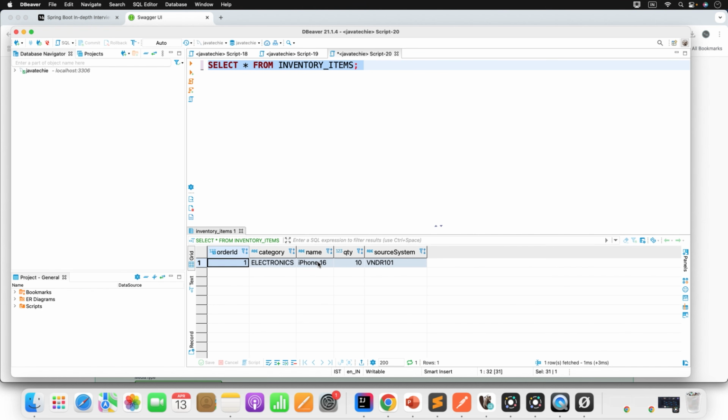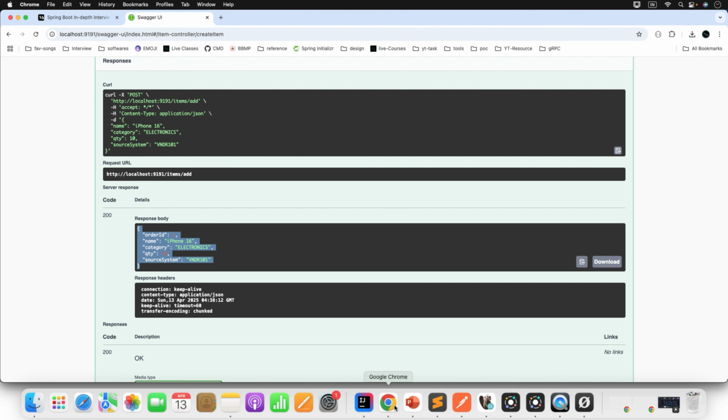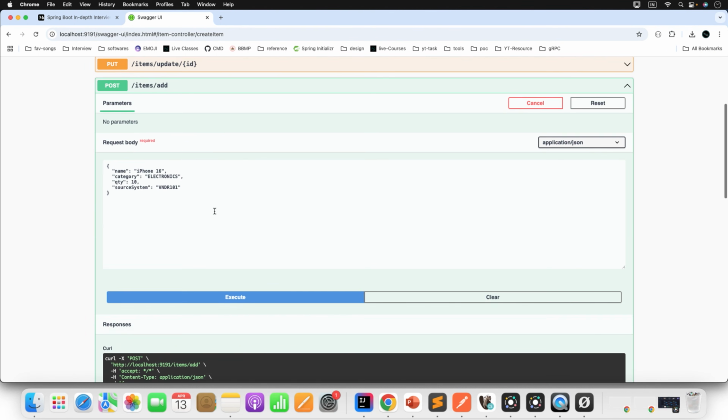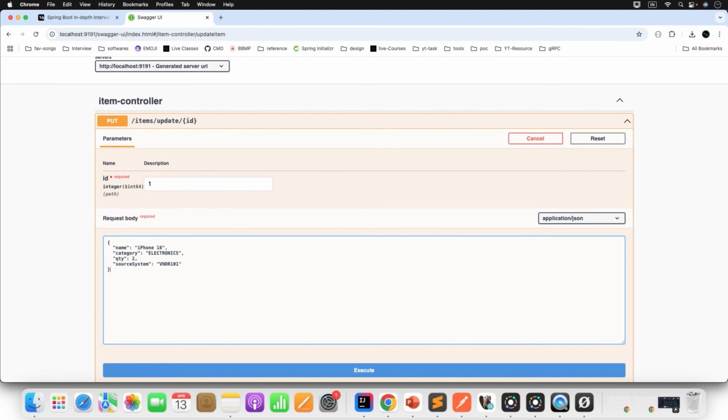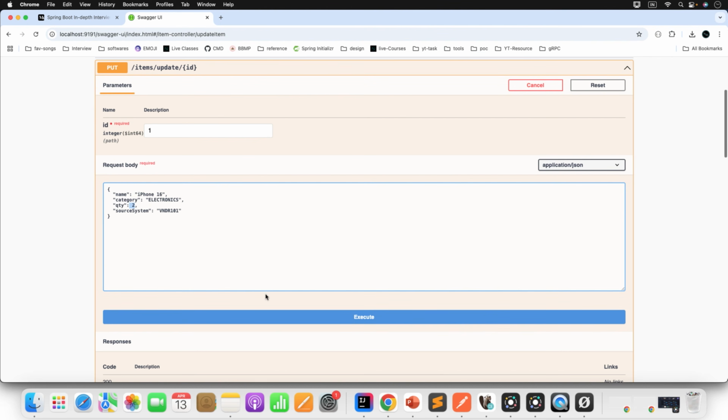Now what happened? This iPhone 16 has 10 quantity in the inventory system. Now assume some other person is trying to do some update on it. Based on this number only, your catalog service will display the quantity when you purchase the order, right? Now some user came and he's trying to do some modification. So let's go to the update API for item ID 1, then change the request body. Let's say for the same product, that user is trying to reduce the quantity in the inventory table. Now if I click execute,